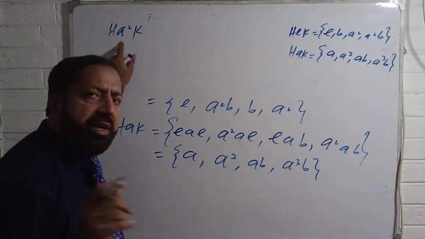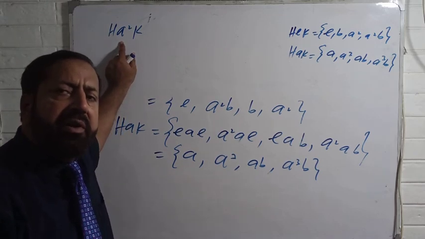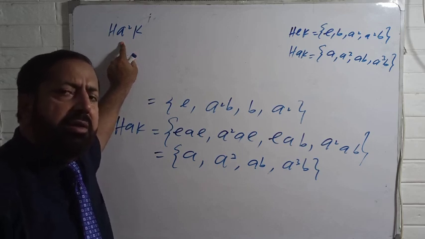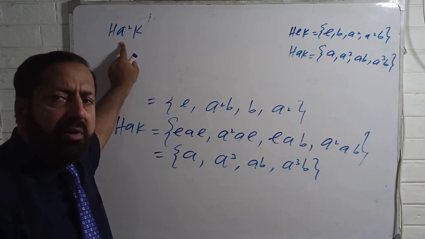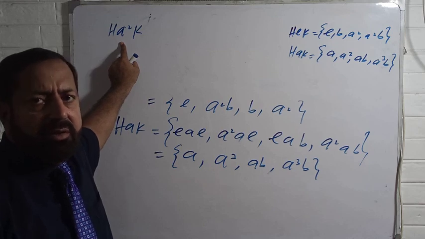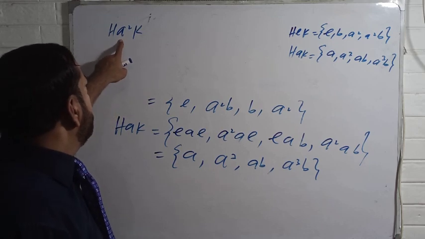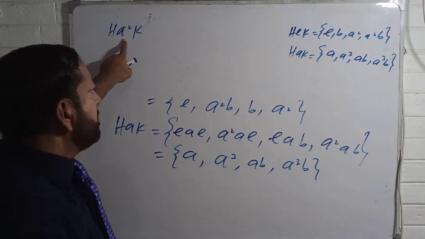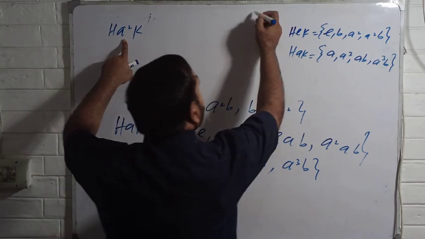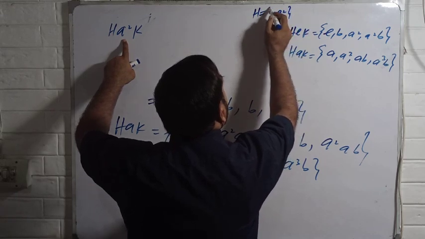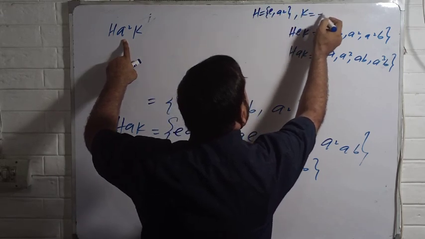Because you have to vary all the elements of D4 to find all possible double cosets modulo HK in D4 by fixing some elements of D4. Like now we want to see H A square K. So remember, what is your H? H is in fact E, A square. And what is your K? This is E, B.